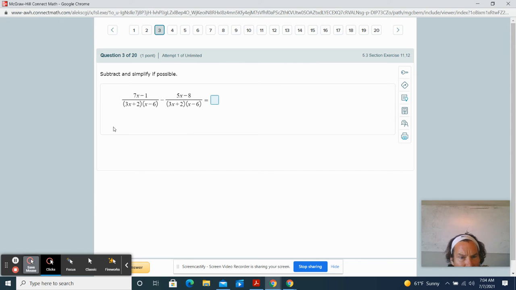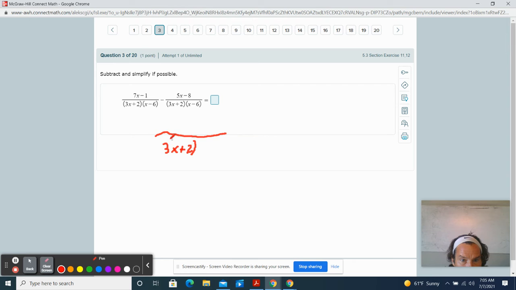Okay, so 3 looks a lot longer, but the good thing is the denominators are the same. As long as the denominators are the same, we can just write that denominator. Sorry for the squiggly line because I'm using a mouse. So let me write it out. 3x plus 2. You're going to want to have a pencil and paper when you're doing this assignment. X minus 6 is the denominator. It's the same. So what I say about the denominators, if they're the same, we can just add or subtract